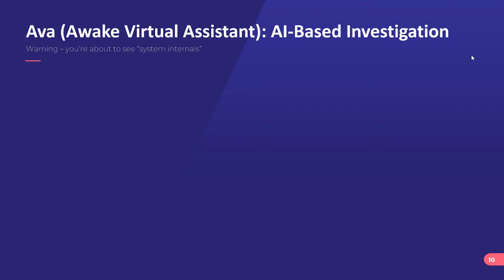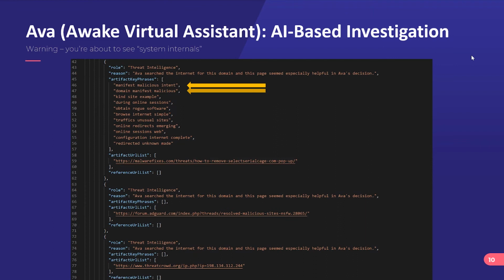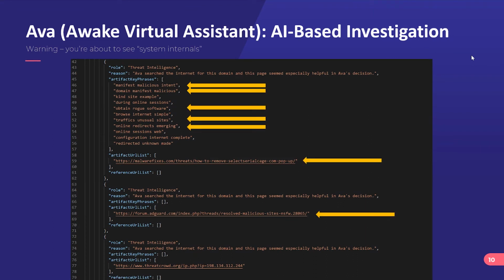So Ava does some further digging, and what you see here is Ava has gone out and done an internet search, just like we did as humans, where we searched Google and looked at the results that came back. But Ava not only looks at those summaries that we looked at in that previous slide. Ava goes to those pages and reads the content and tries to understand: if I can find pages out there that talk about this artifact I'm searching for, what are they saying about it? What kind of things are they talking about?